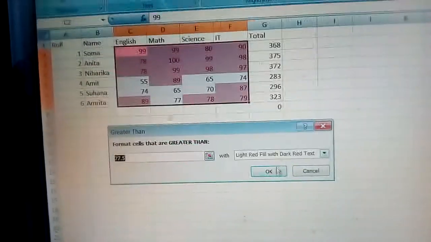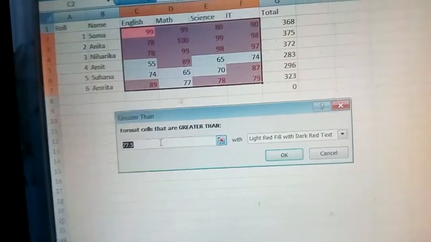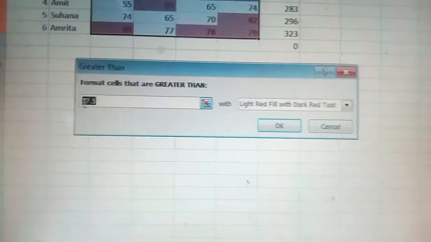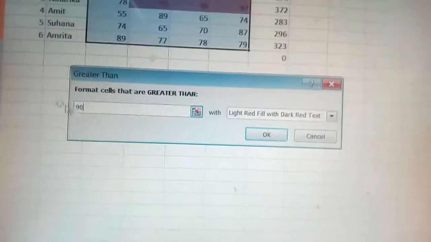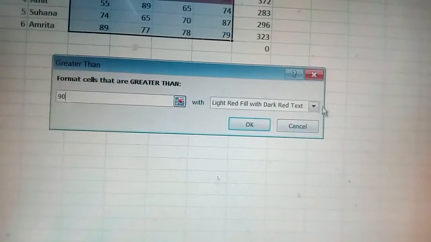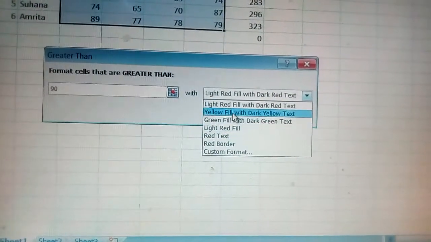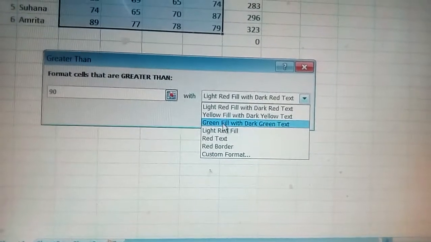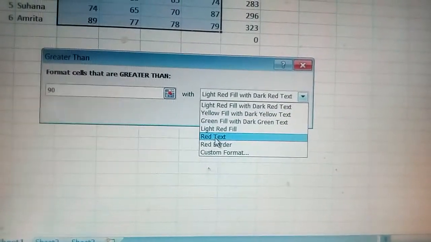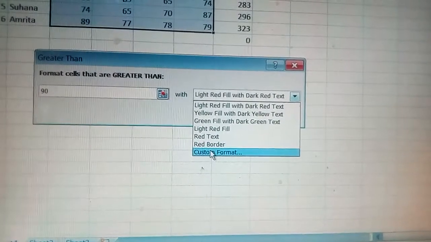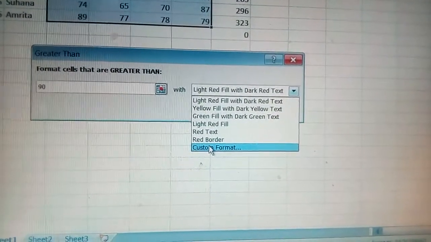Here you will see the box. Format cells that are greater than, you can define your 90. If you want to change the color, select from here, custom format also, or yellow fill with dark yellow text, green fill, light red fill, red text, red border, whatever you want. Or if you want to change any other thing, then custom format.